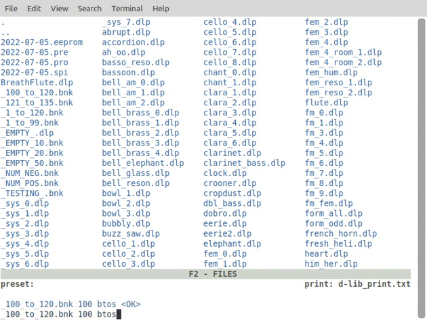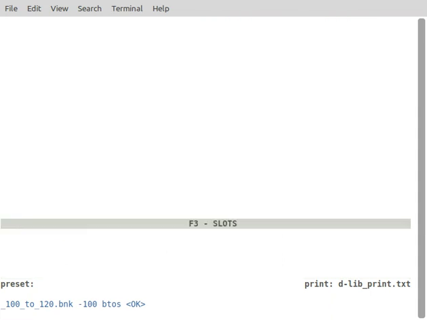And then we hit the up arrow to recall the command, and then we set this to -100. So what the first command did was write to slots 100 through 120. Now we're writing to slots -100 through -120. Right. If we go to the F3 screen and we say -120 to 135, that's the new slot range, the